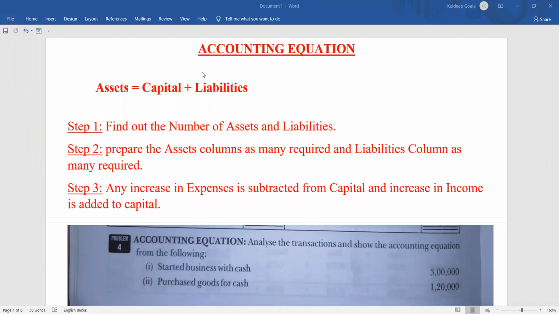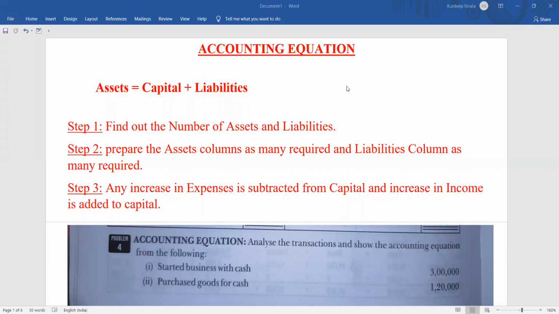Okay, so as I told you, the accounting equation will include asset, capital, and liability. The very important concepts: asset, capital, and liability. These concepts will help you understand the accounting equation. What is the accounting equation? It is like any other equation that you have learned about, like (a plus b) whole square equals a square plus twice ab plus b square, right? That is also an equation. So in accounting, we also have a developed equation which will give us a true picture of the business, where on one side we have the assets and on the other side we have capital plus liability.